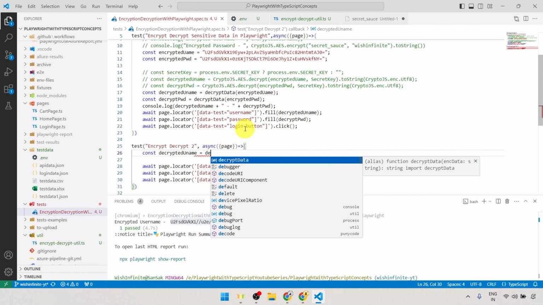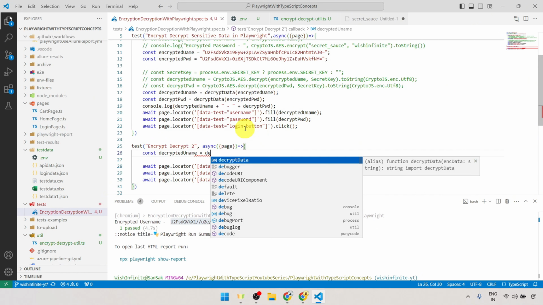For this resolve method, we need to pass the argument, and the argument would be our folder structure. So first we need to provide testdata as a string, and inside the testdata, we have the file which is .env. Either way you can use it: provide the relative path directly as a string, or use this resolve method. It is totally up to you. And after providing this configuration where we have mentioned the path for our .env file by using the dotenv package,